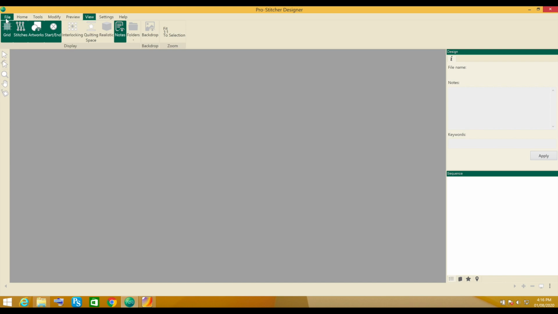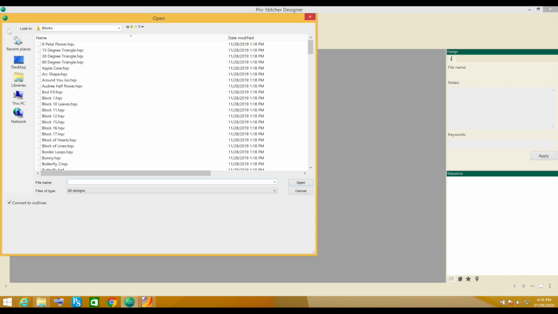I'm going to go to File and Open. You would have received a whole bunch of designs when you purchased your Pro Stitcher. I'm working with those very same files in the Blocks folder, and I'm going to open the 6-petal flower. You'll notice that over here, Convert to Outlines is already checked. I'm going to leave it just the way it is. I'm going to click Open,